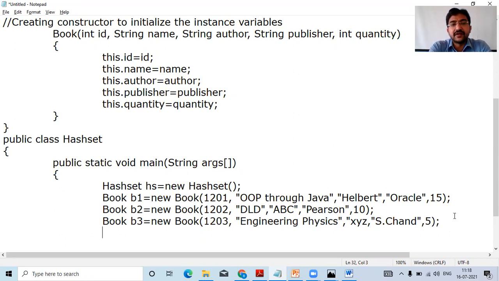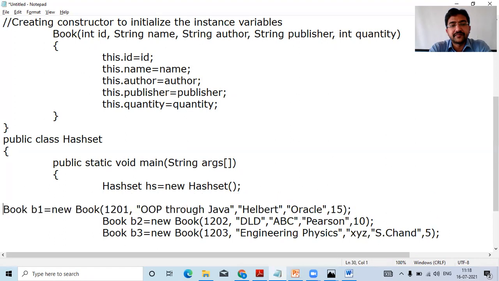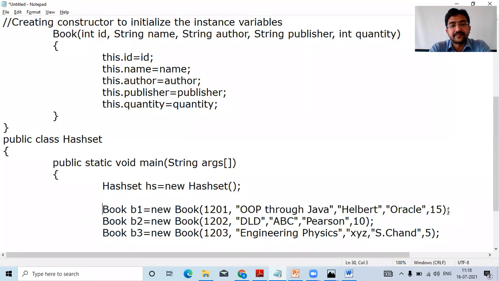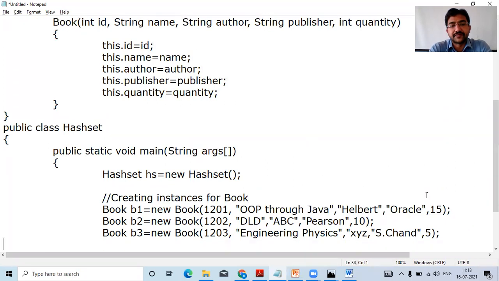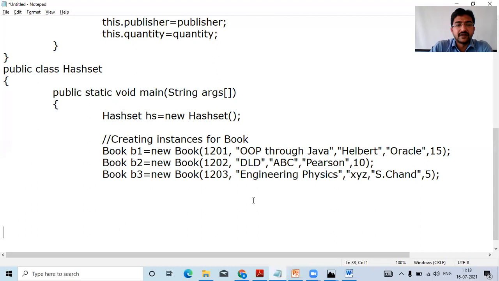Clear? Now we need to add that to whom? The hash set. How to add? This is creating instances for book, right? Now we are going to add, means we need to add this b1 to the hash set.